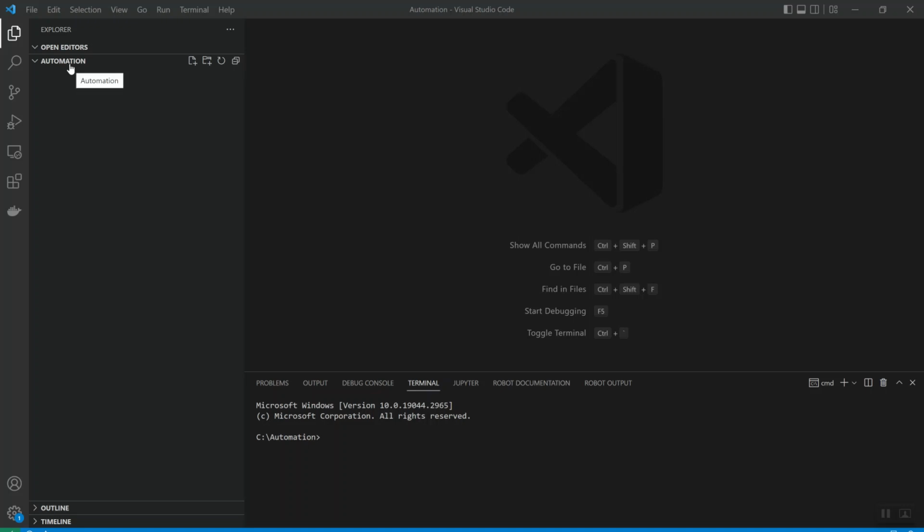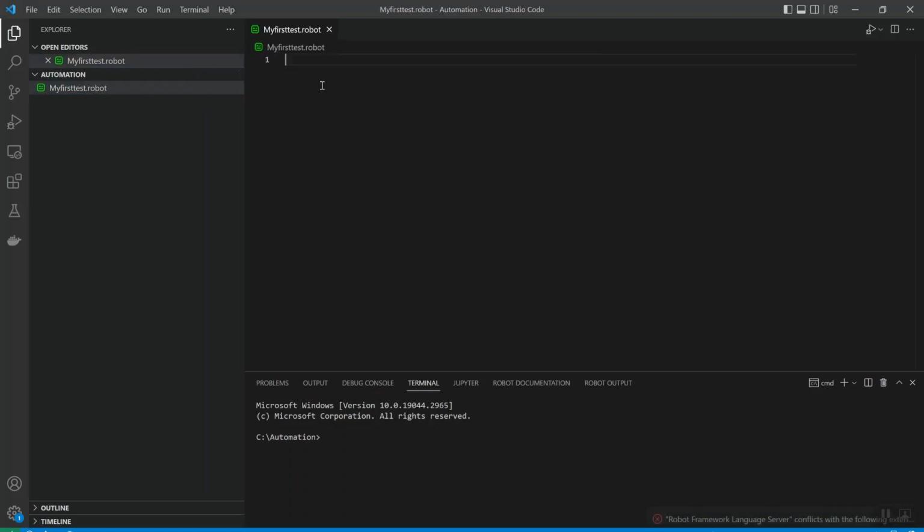So firstly, create a folder on Visual Studio Code, and in that folder create a file and name it as my first test.robot. .robot is the extension, and